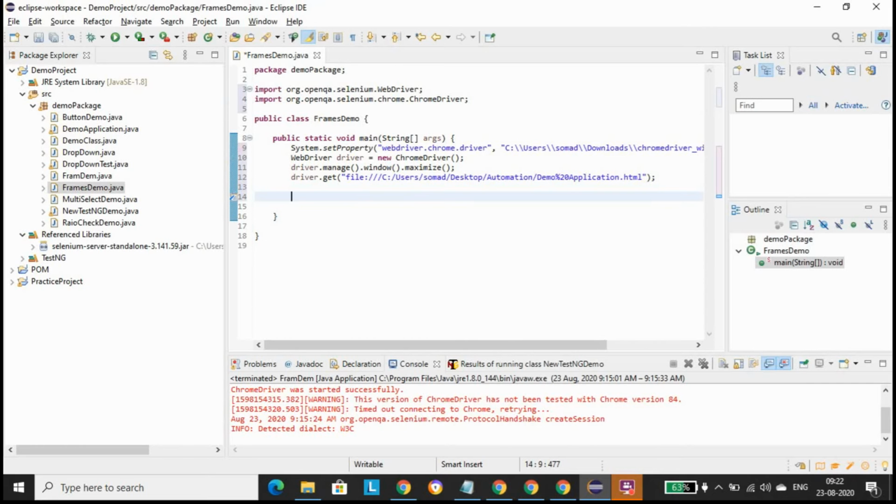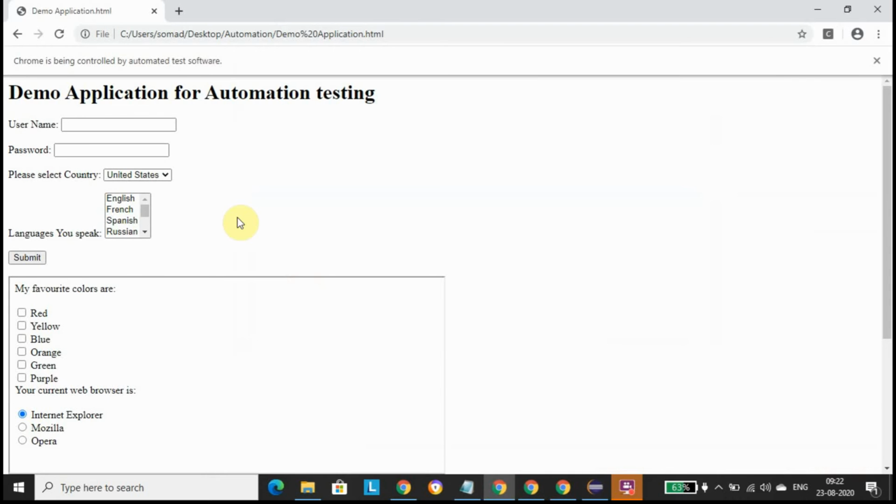So let's try to inspect the elements available in the demo application. We want to interact with these checkboxes, right? As I told, these are inside a frame, so we will not be able to access them using our normal lines of code. So let's inspect.